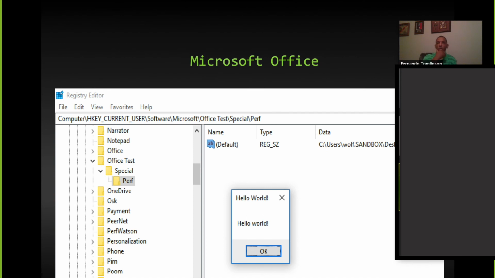We can also do the same thing with Microsoft Office, right? There's a key called perf, almost like preferences, or performance rather, that isn't talked about. There's no documentation. However, if you're looking at a program like Process Explorer and you're monitoring all the calls, hey, this process started, it created this folder, it tried to read this registry key, you can then find places in which the program is looking for things that don't exist.